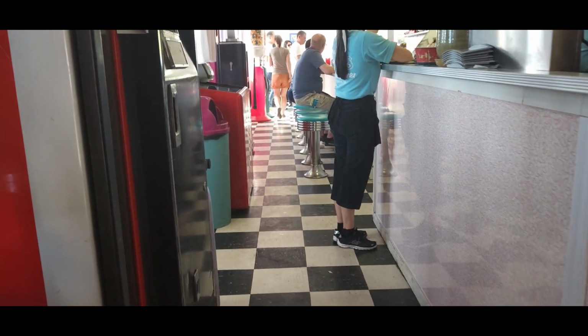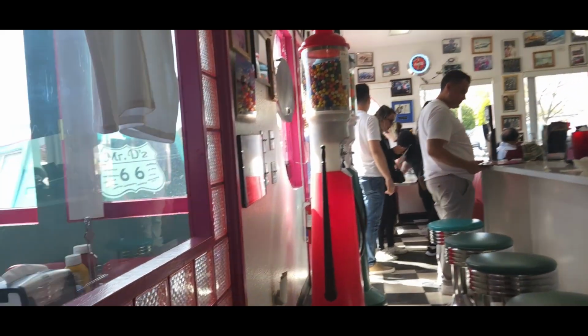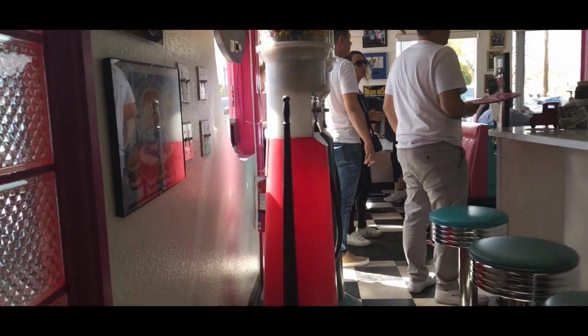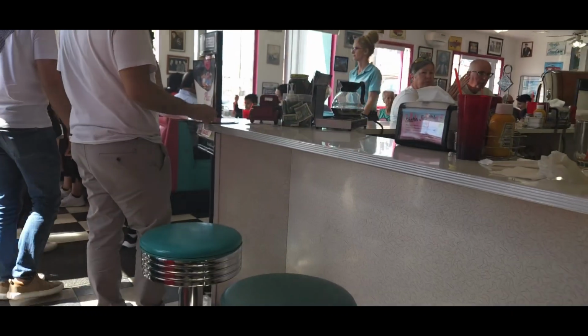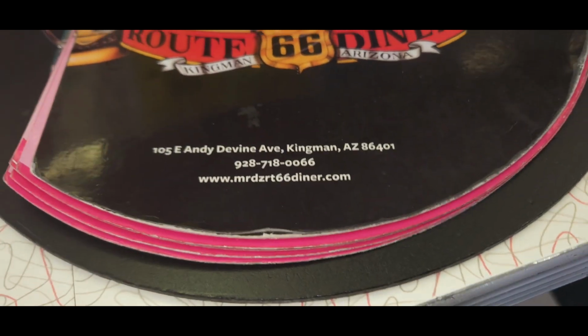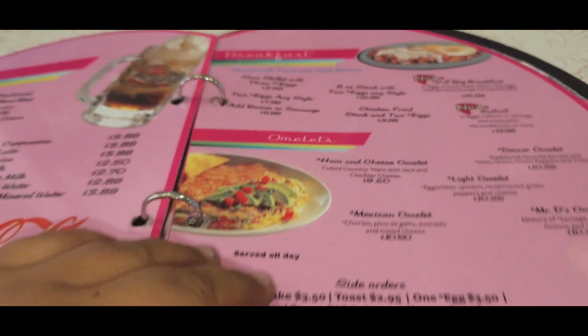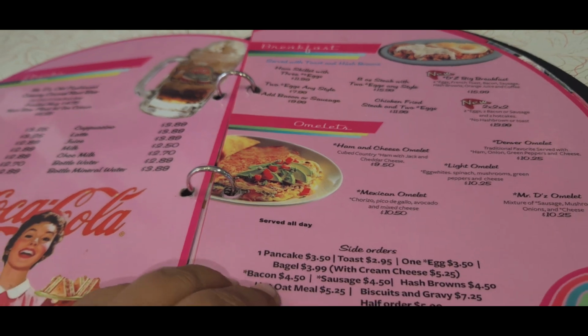Roy Dutton ran Mr. D's Route 66 Diner for several years, and many of the dishes were based on his family recipes. Dutton even created the world-famous Mr. D's root beer after tasting a delicious root beer at the fair. He tried to recreate the taste, and several taste tests later, contracted the manufacturing of the syrup that is still beloved today. While the retro diner is best known for its homemade root beer, pizza, and milkshakes, they also serve